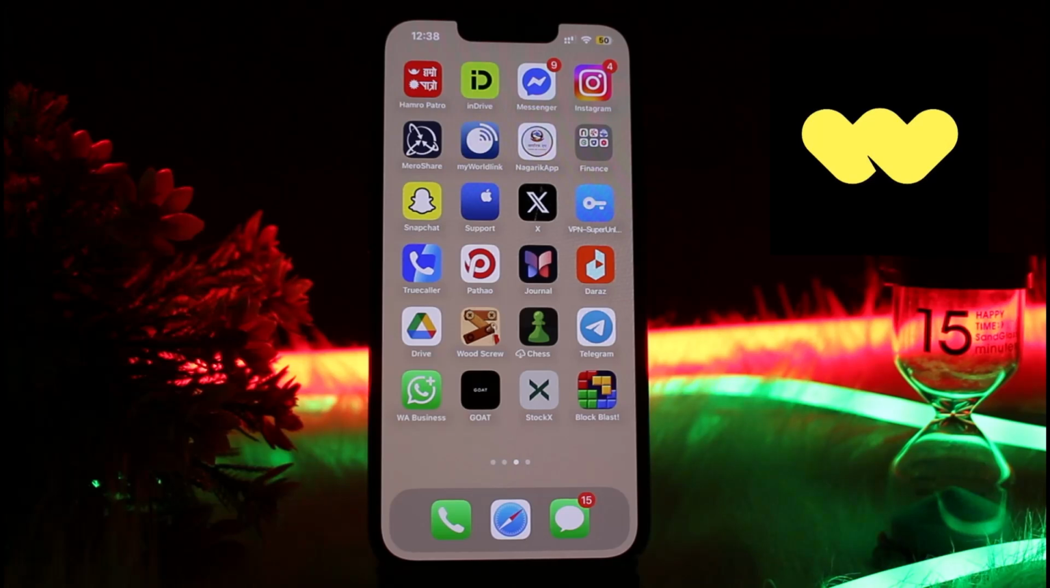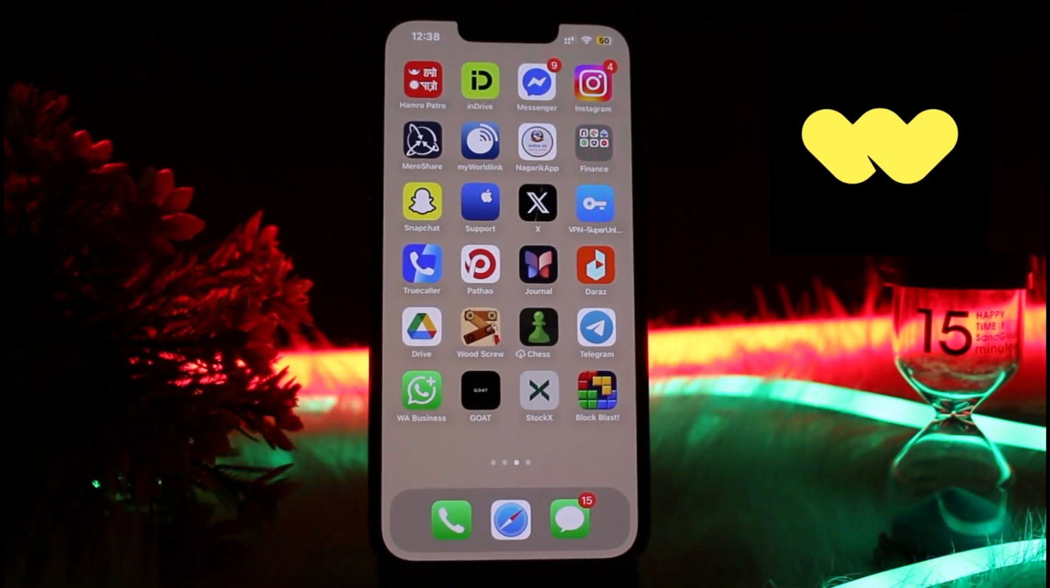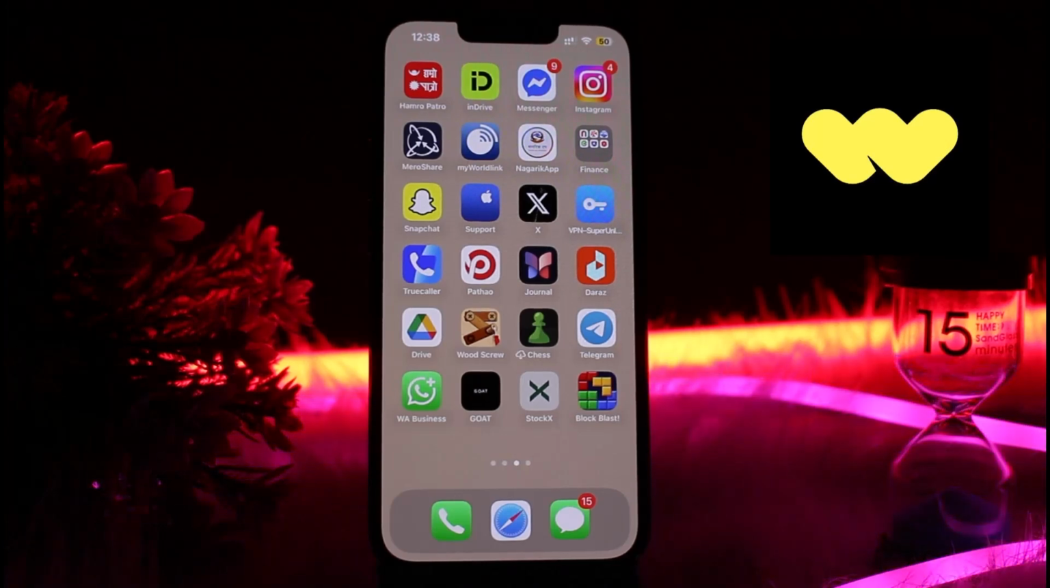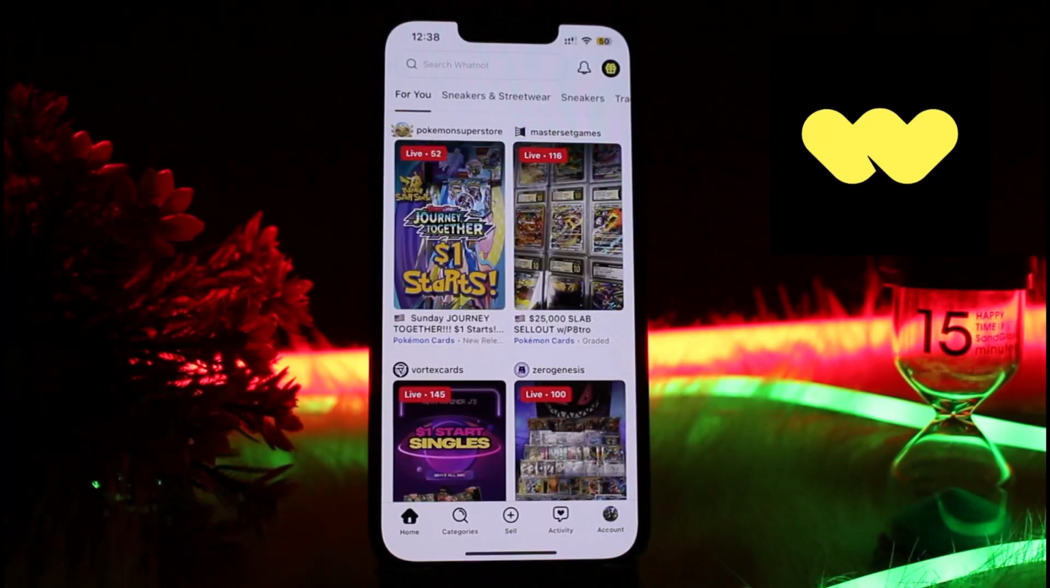You just need to open the Whatnot app on a device. So make sure that you have already installed the app. If you have not installed the app, you may install it from the App Store or Play Store on a device. After that you just need to go on the Whatnot app, and this is the home page of Whatnot,